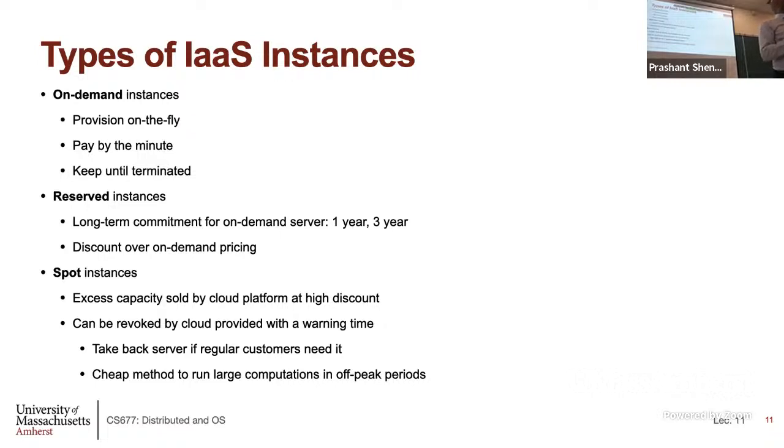Because there is so much load on their servers, can they give us the on-demand at that time? Yeah. So the question is, if you have a warning, can you get an on-demand at that point? That's your question, right? So you have to always request a server. Cloud provider doesn't give you servers without being requested. So when you get your warning, you can go and say, I need an on-demand server of the same size.